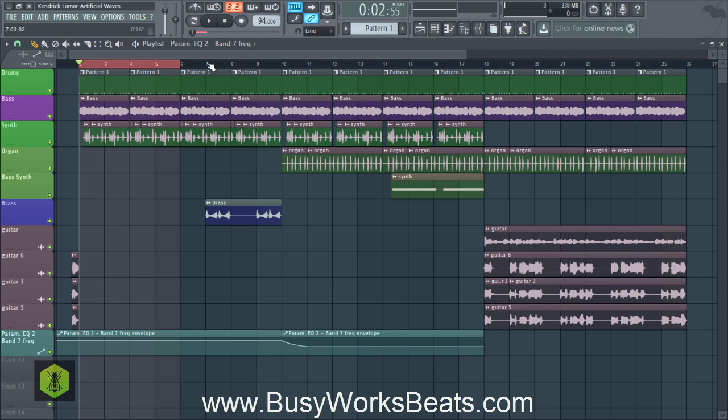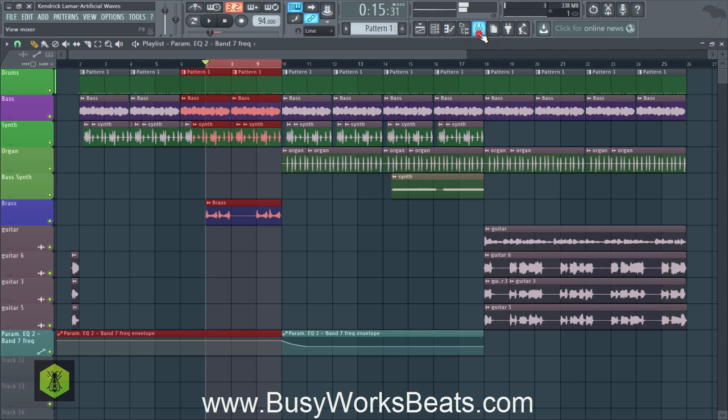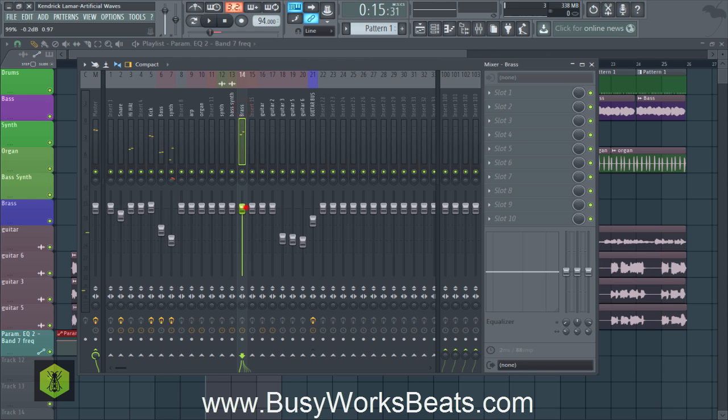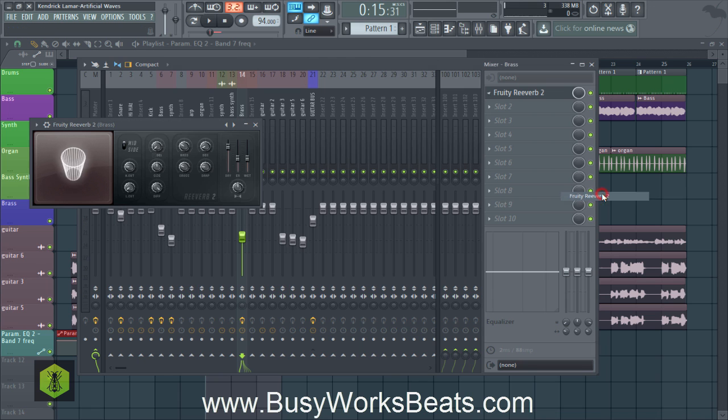So let's move on to the brass and how that's going to fit in the mix. Let's first turn the brass down. It's very loud. Now the brass has all the characteristics I want. It has that bite and it sticks through the mix, and that's all we need. Now somebody who's new at mixing will probably add an EQ, a compressor, reverb, stuff they don't have to add. If it sounds good, it sounds good. You don't need to touch it. What I might do is give it a little space. So we're gonna open up a Fruity Reverb 2 and give it a little space.